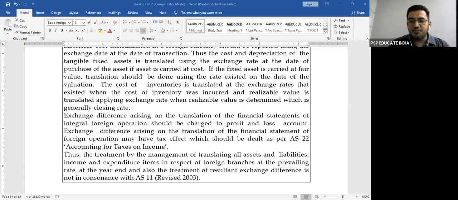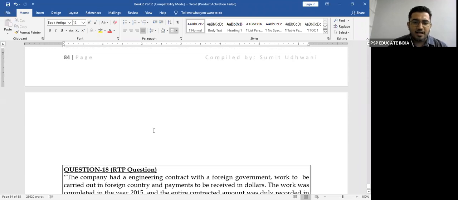Yes, even an intangible asset is a non-monetary item, so you will always take it at the acquisition rate. So Raj, intangible items will go at the acquisition rate. Okay, perfect. If this is clear, let's come to the last question of this accounting standard, and then we quickly